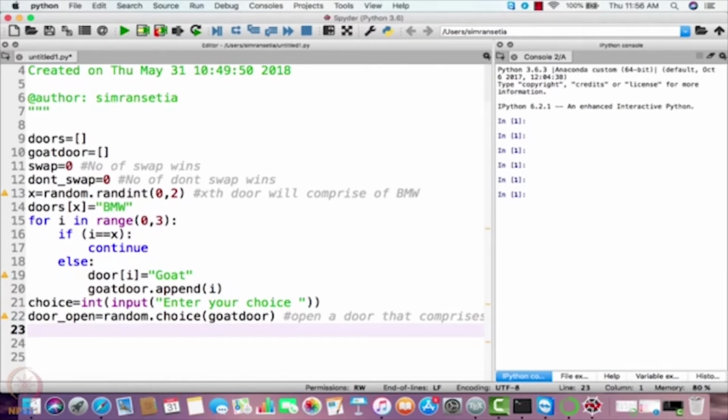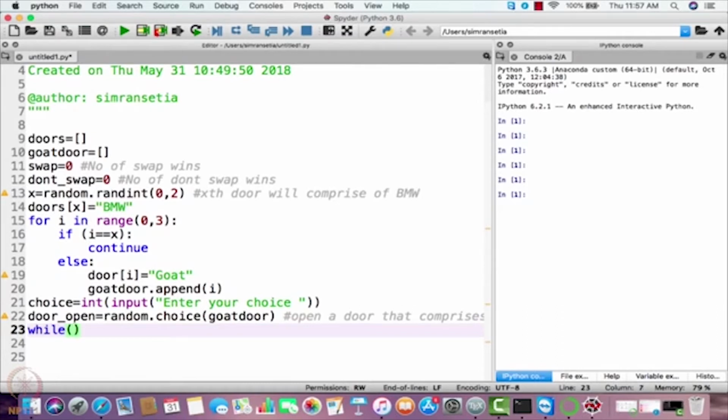For example, if the participant has made a choice of a door that comprises of a goat and we are also opening that particular door, please note this is not allowed here. So we need to also take care that the choice and the door open shouldn't be same.